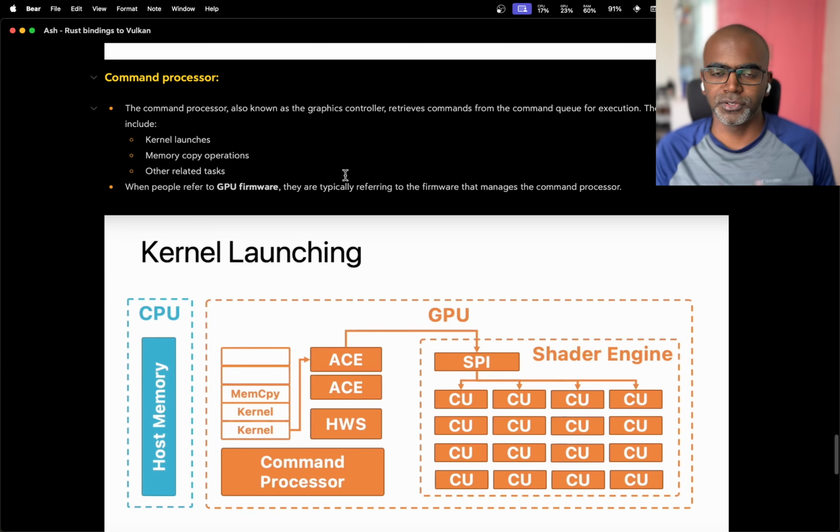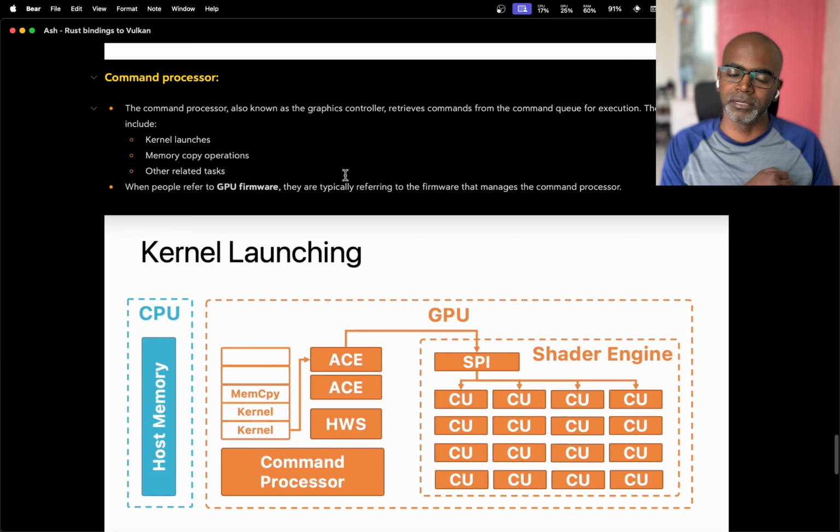So the command processor over here is also sometimes known as the graphics controller, because obviously it's a GPU. It's legacy naming at this point, I think. I think they should just change the name of the GPU to something called the parallel processing unit. Okay. So I mentioned we go ahead and submit commands to a queue, and then this thing called the command processor is going to pop commands off of it